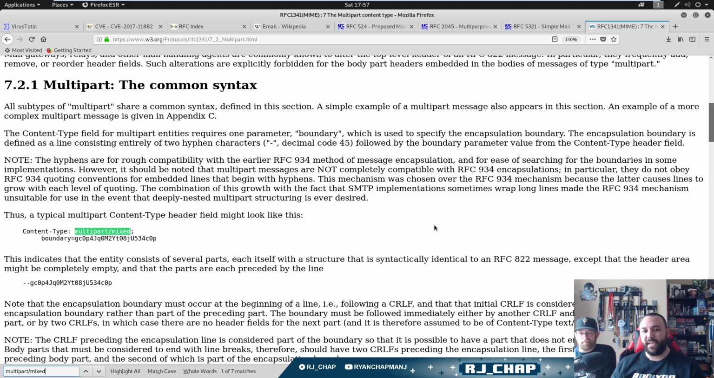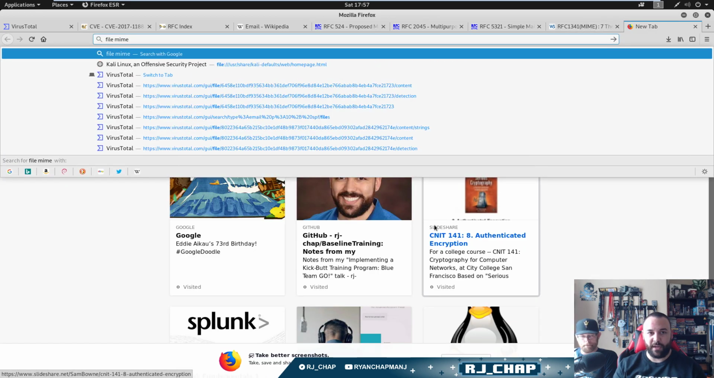So multipart mixed. What does that mean? It explains it all through here. Well, I'll tell you now that what it means is that MIME is involved, and there are different MIME types. Files also have MIME types. So, for example, if I look up file MIME type,